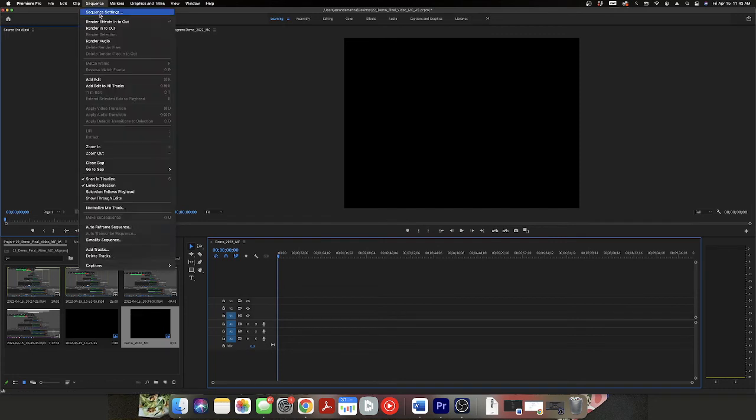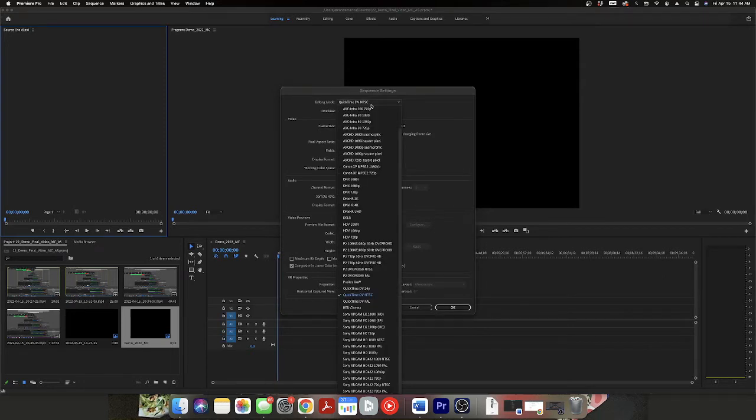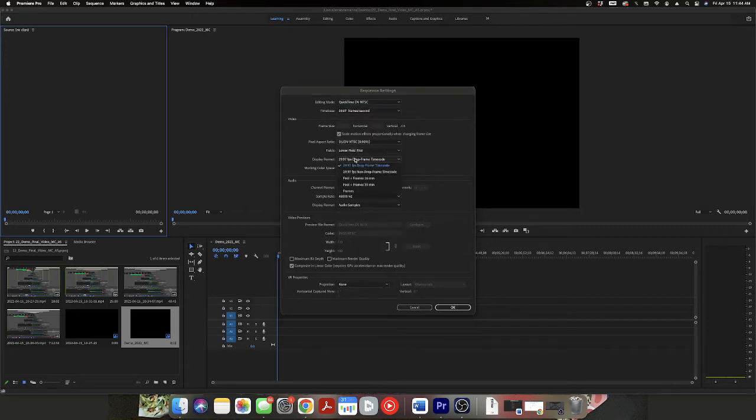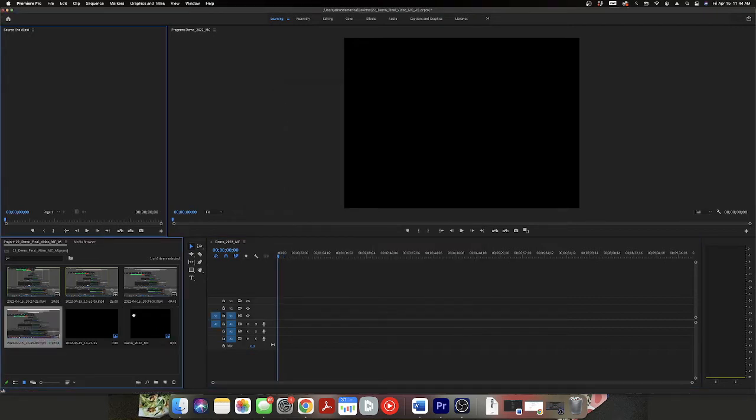And then if I go to sequence settings, I can check to make sure. So I have 29 frames per second. So I saw that in my last one, it came in as 60 frames per second. So I can do a couple things here. I can leave this as is, or when I bring in this,